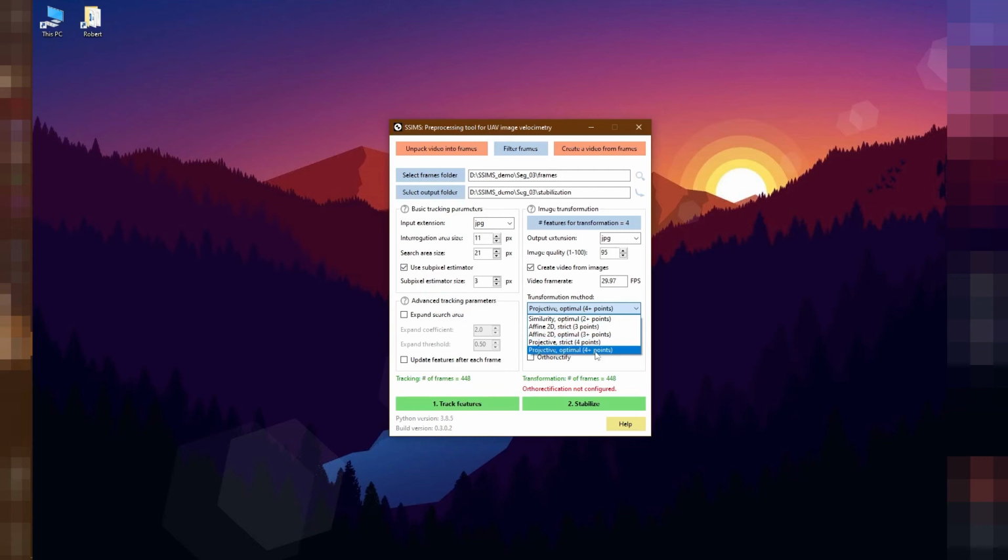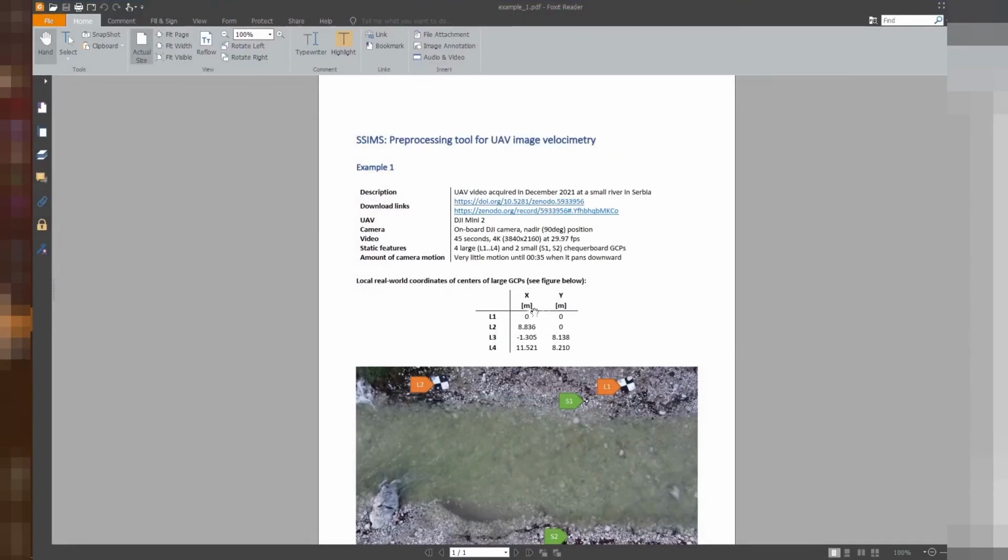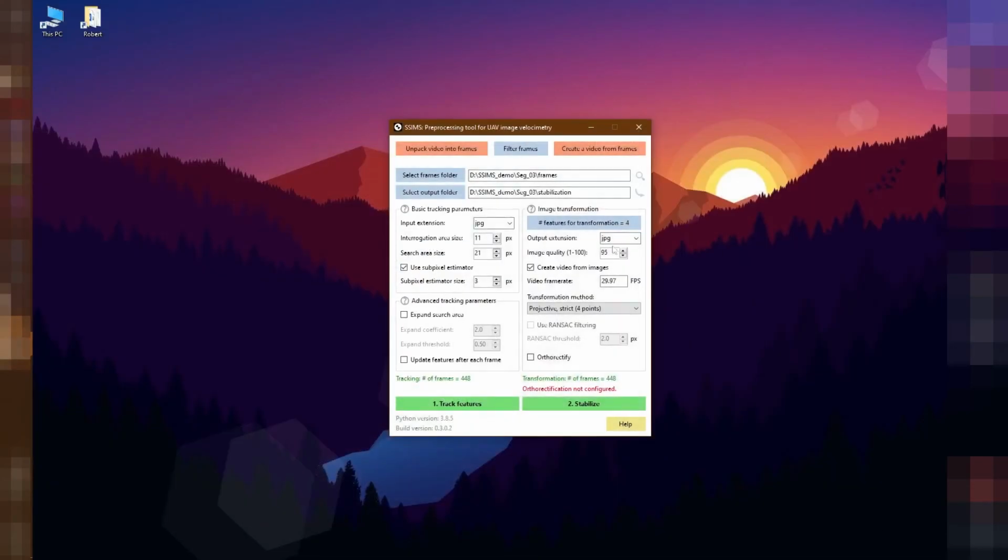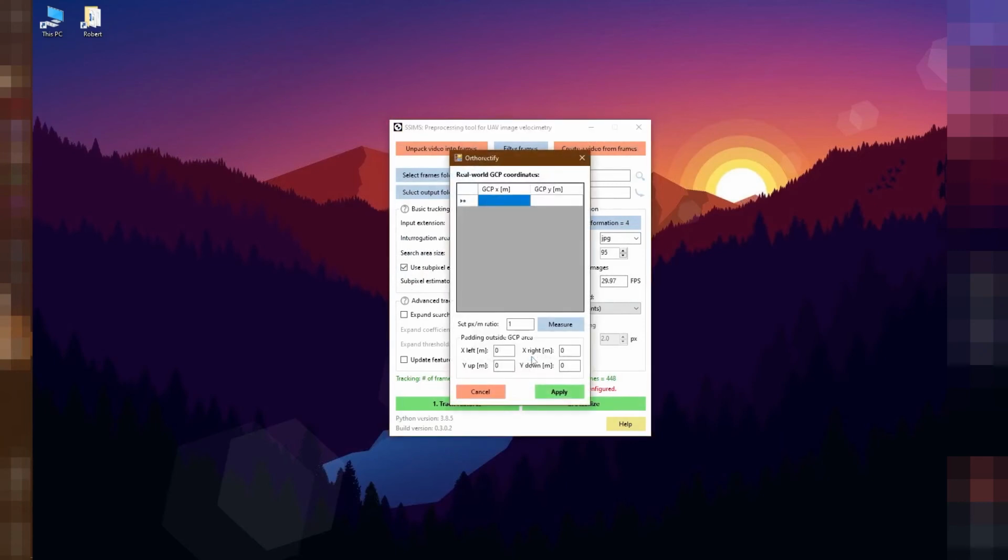With exactly 4 selected features, the results will be the same in each case, so we can just choose either one. Now, the description of our example video also provides local coordinates of our ground control points obtained using on-site survey. If we click the Orthorectification box on the right-hand side, another form will open asking us to enter real-world